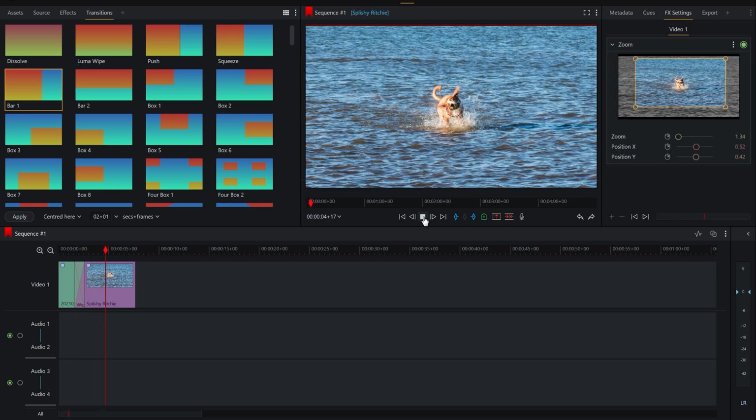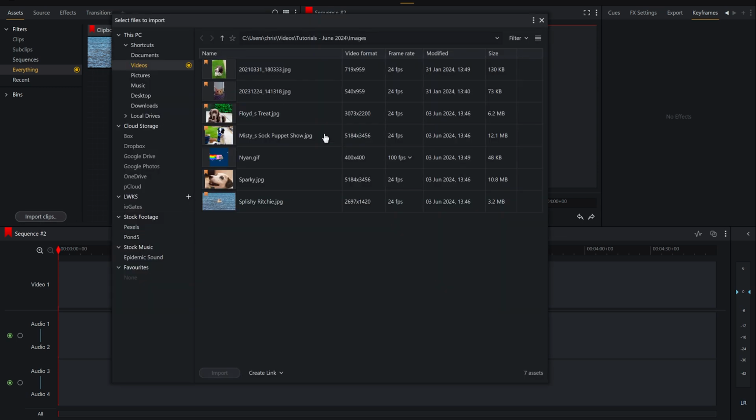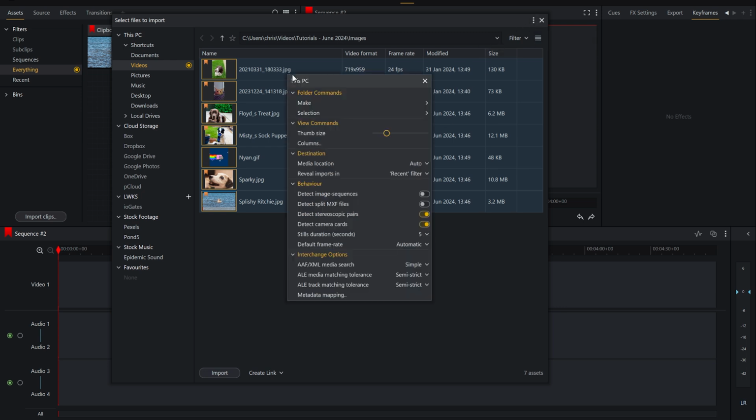Very nice. Just wanted to step in with a super quick bonus tip. So when you are importing your images, let's just click import clips here. We've got all of our images here. What you can do is highlighting them all. You can either click the 3 dots up here or right click, and you'll see here we have an option called stills duration,